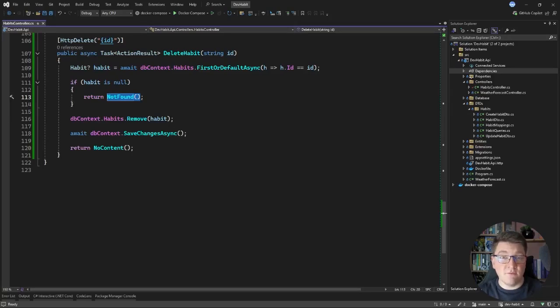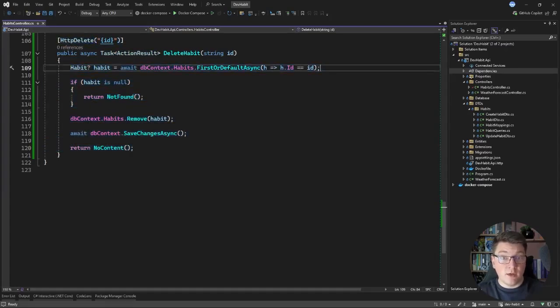Maybe there is something else that we should consider. And this is where we can start talking about soft deletes. I also exposed an isArchive property on the habit that we can use for implementing something like this. So from a functional perspective, this is all we need to support the HTTP delete method and remove a resource